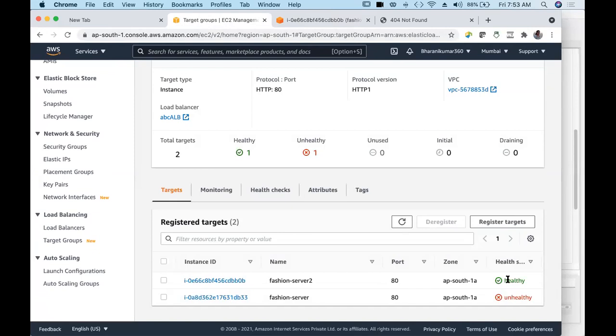Anyway, we have one server, fashion server 2. So when path is /fashion, it has to route to this server. My another server is still in unhealthy status. It may take some time. Okay, let's go and see now.